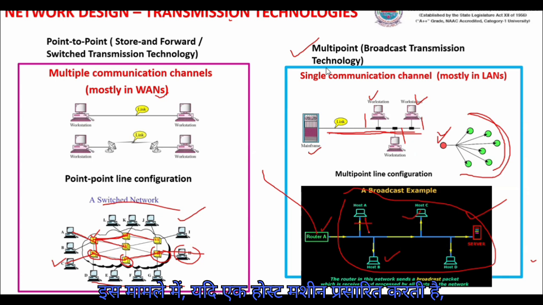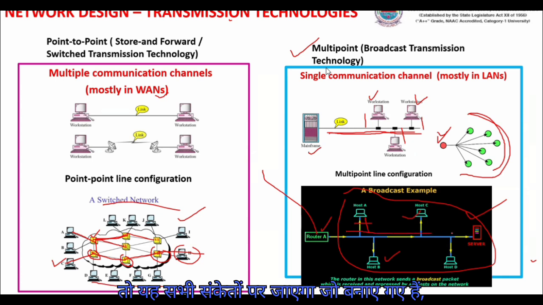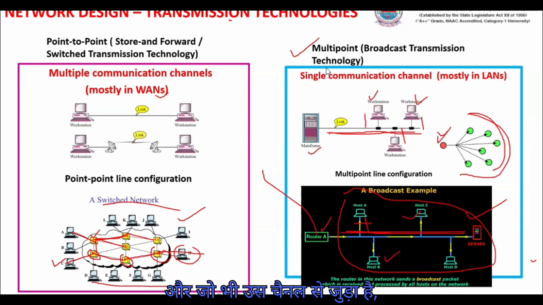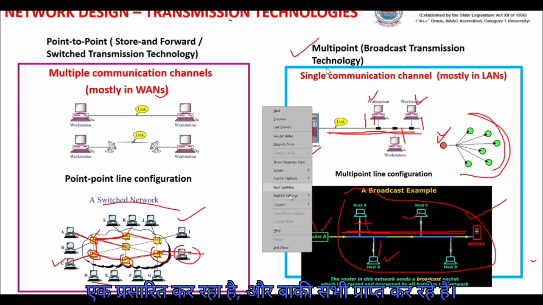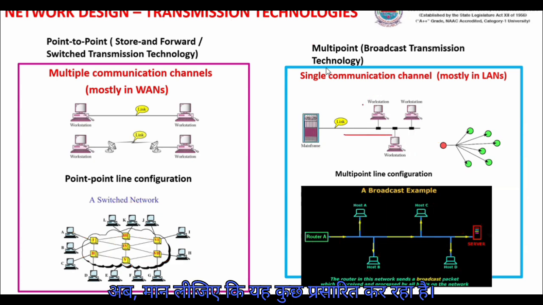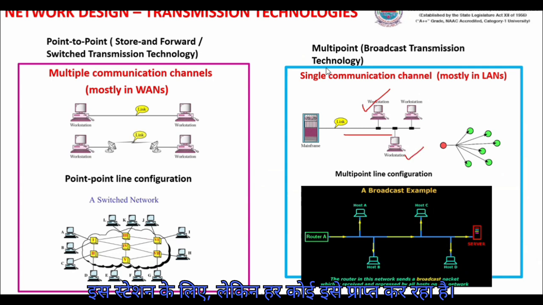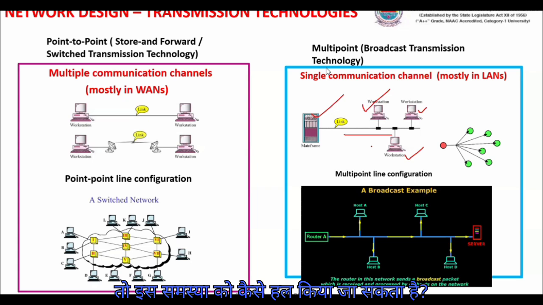In this case, if one host machine transmits, all the signals which are created will travel through the whole communication channel. And everybody that is connected to that channel will be hearing the transmission. So I hope you got it. One is transmitting and all the others are receiving. Now, suppose this is transmitting something for this station, but everybody is receiving it. So how this